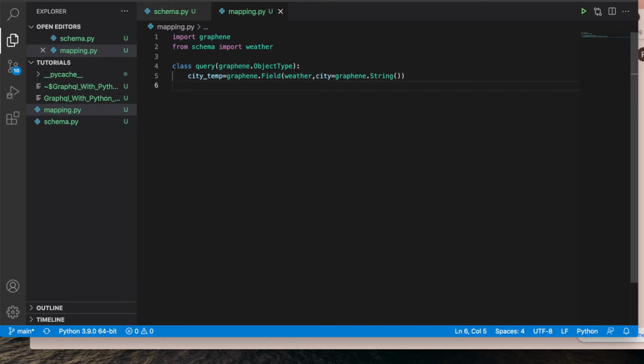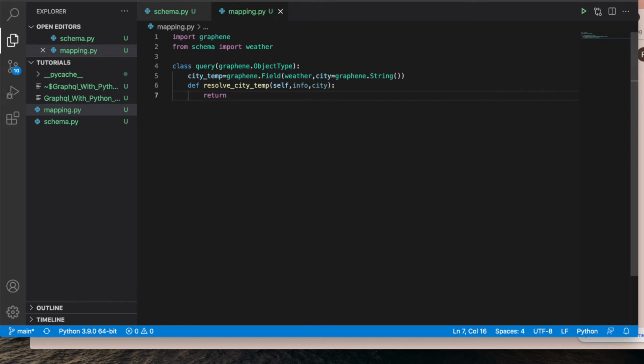Now we'll write a resolver: def resolve_city_temp. This is going to be self, then info, then the city. Then probably we'll return something over here.